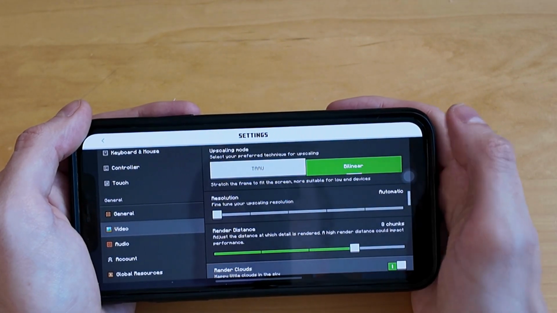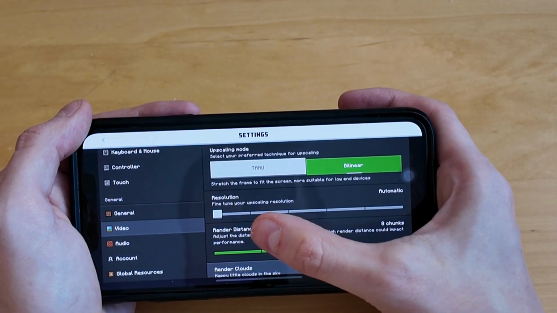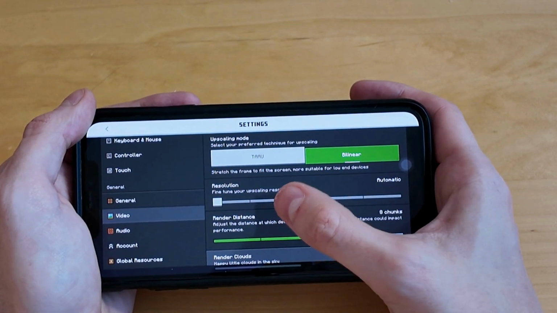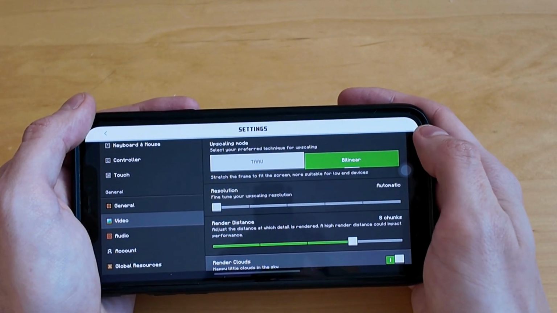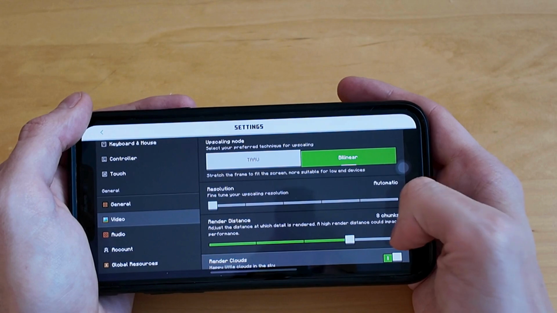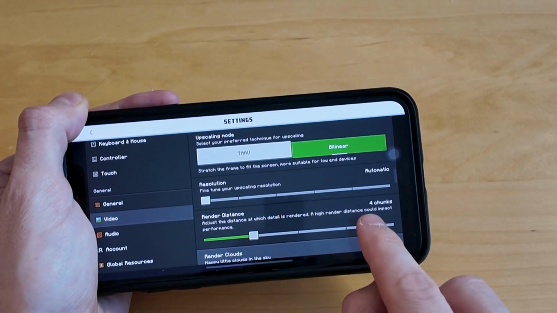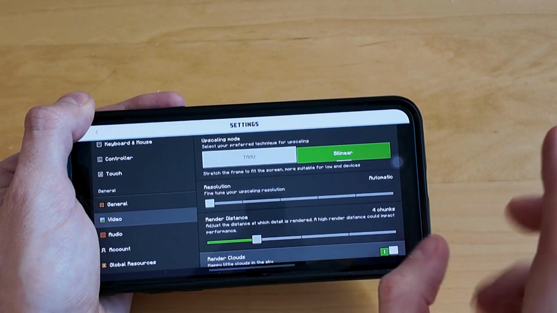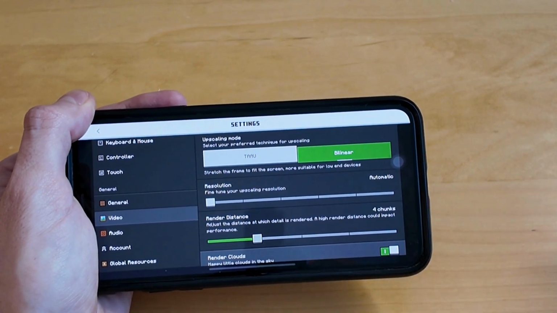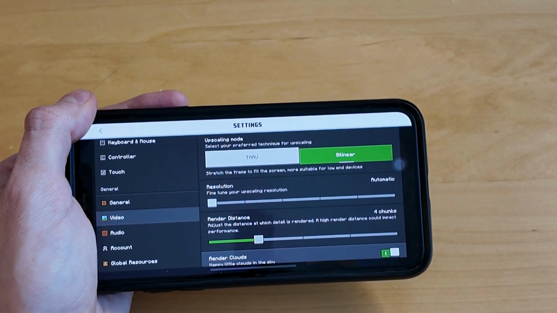And now when you come to the render distance right here, this is actually going to be the most important setting for us to check. So if you have it set really high, as I do right now, you have to set it lower, so 4 chunks. This will not only fix lag on your Minecraft mobile app, this will also prevent it from